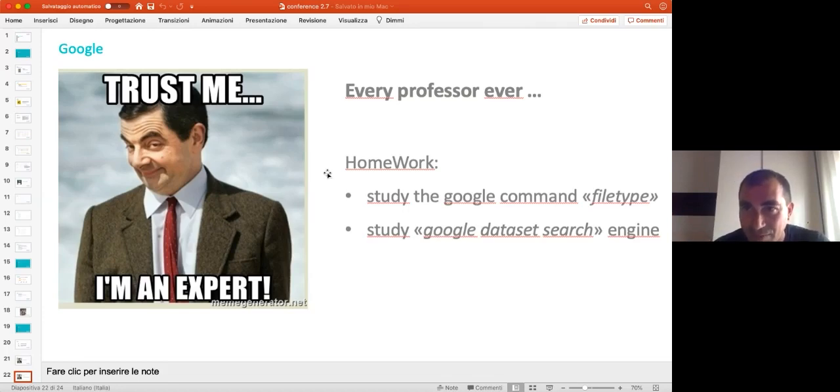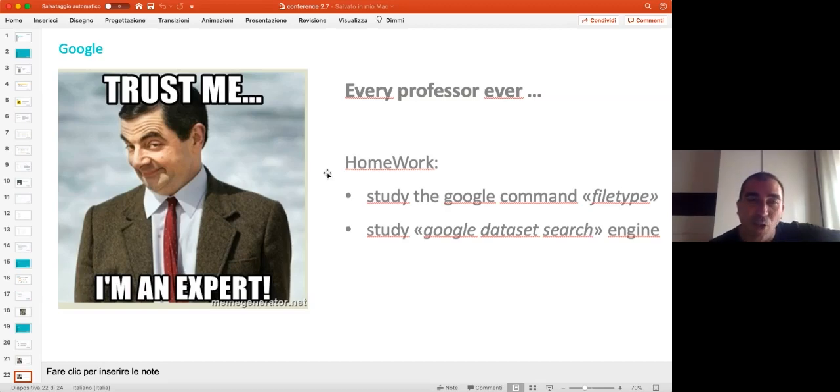So now we have 2 minutes. I'm not going into it because I'm going to give it to you as homework. But if you look for filetype on Google, you will see that it is absolutely excellent. And then you will find other interesting things. I give you a second assignment: to study what Google Dataset Search is. At the beginning, I told you that you need to have a database with a list of your customers or any kind of list. Google Dataset Search is a particular search engine made by Google, and you can find it by googling Google Dataset Search. It looks for databases, so they are giving you open databases.